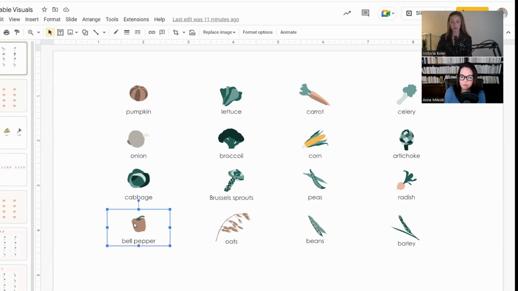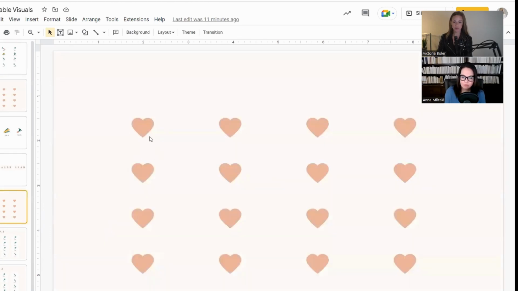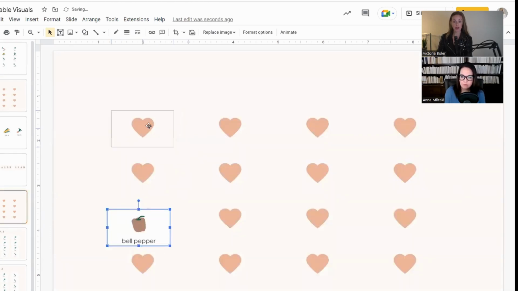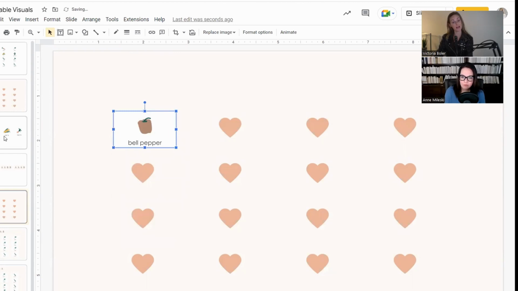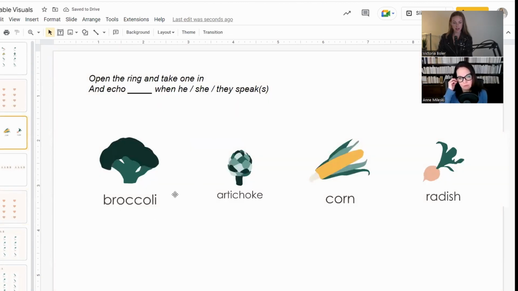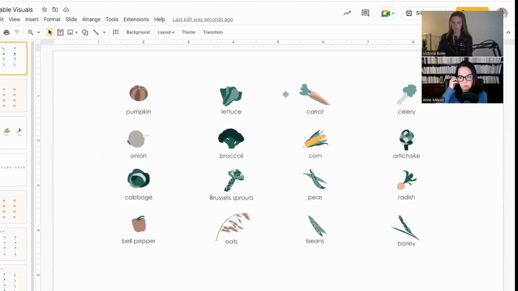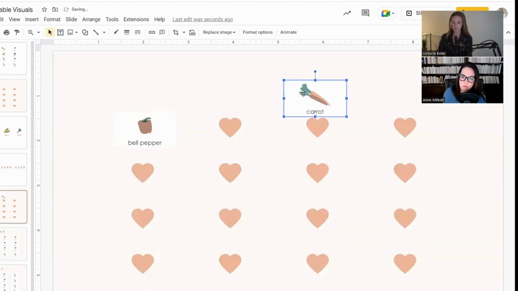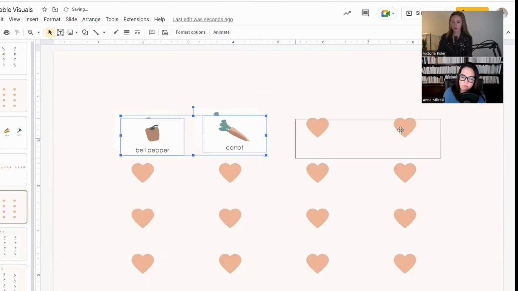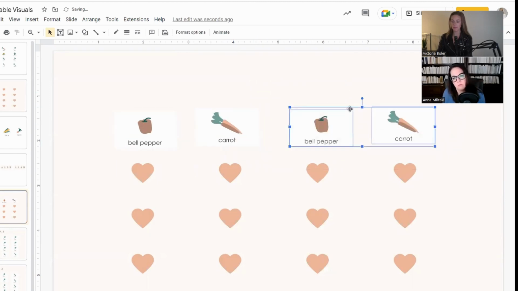and I might even front load it with bell pepper. So I'm going to take that and put it down here. Eating all my peppers, but in this case, they'll be bell peppers. And I like that you said carrots because I like carrots as well. So I'm going to put it right here. So now I have bell pepper, carrot. Copy and paste that. Bell pepper, carrot.